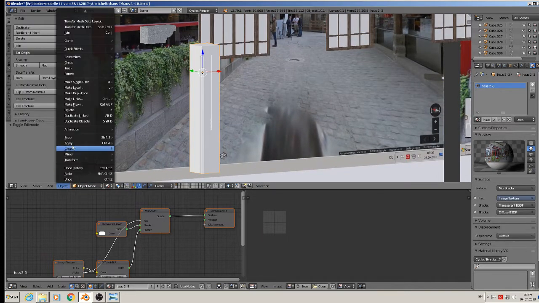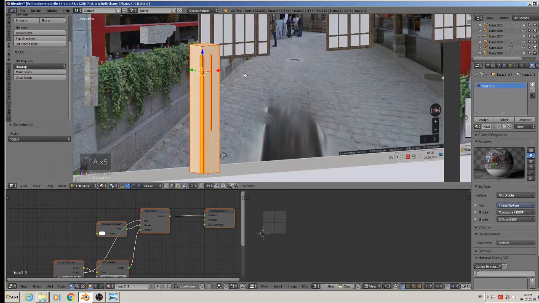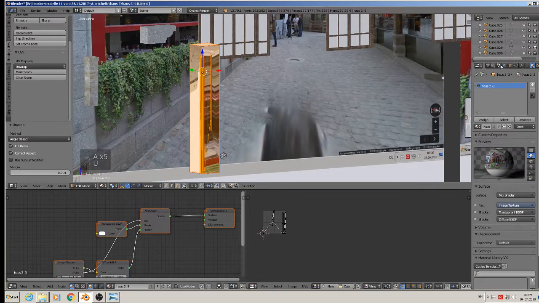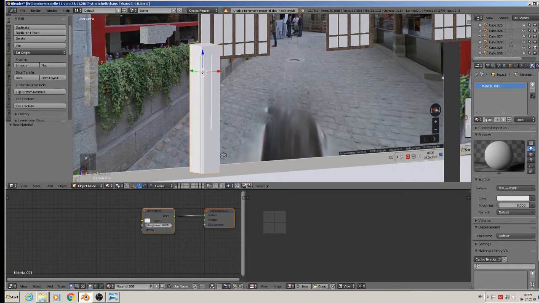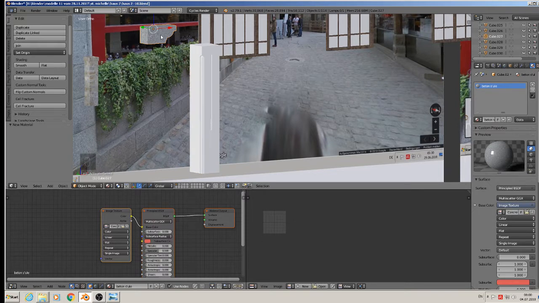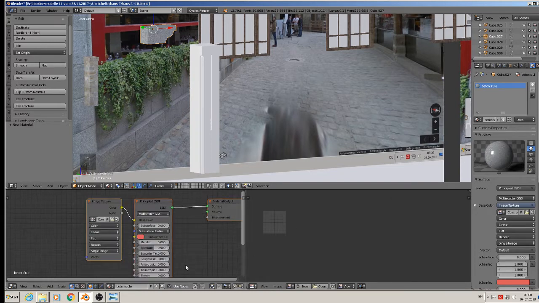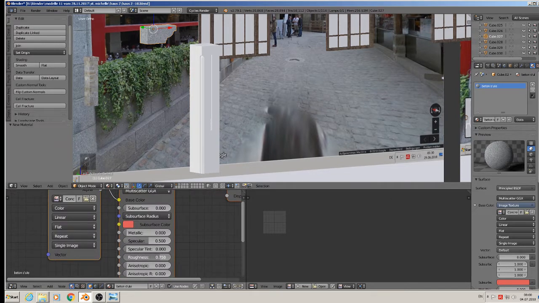So we go to object, apply rotation scale, and you to unwrap that. That is the wrong material, of course, so we delete that and make there a new material. We call it Säule 2, and give them the same material as that one, but here I see that it's too glossy, so we give them here a high roughness,